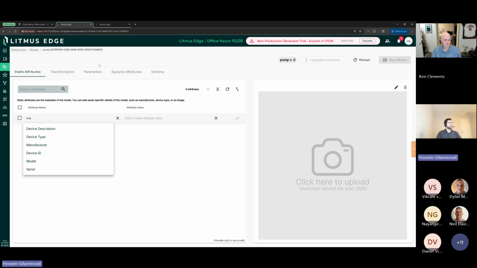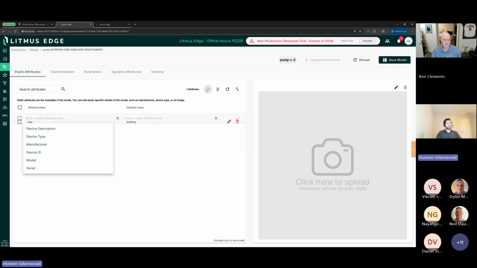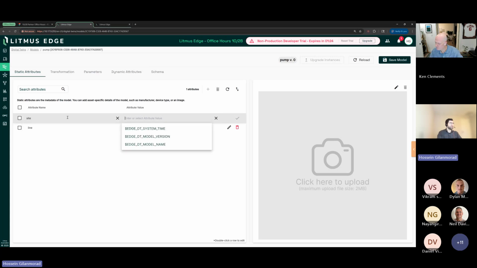Another new feature that you probably have not explored yet is parameters. We will talk about some of those in here, and then we'll talk about some of the other features that we have as well. But let's add some information here. So let's say that this pump is sitting somewhere in our bottling line. I'm going to add this, and we'll say that this is